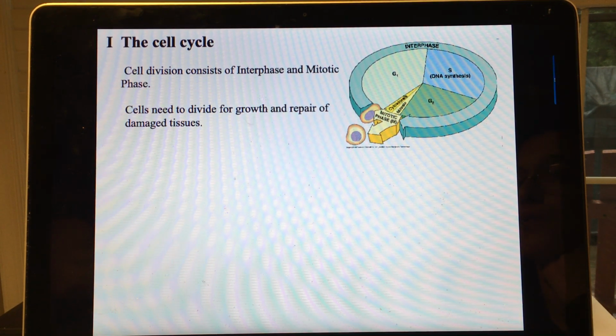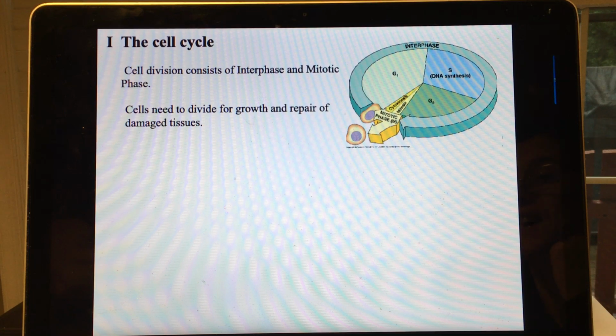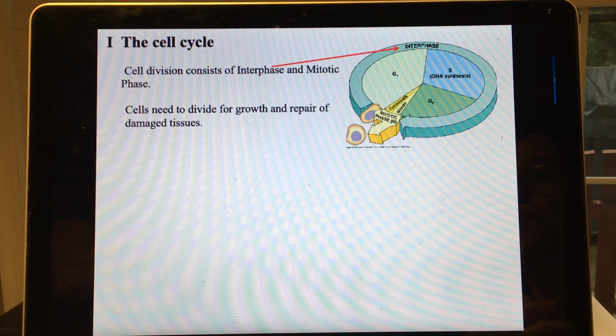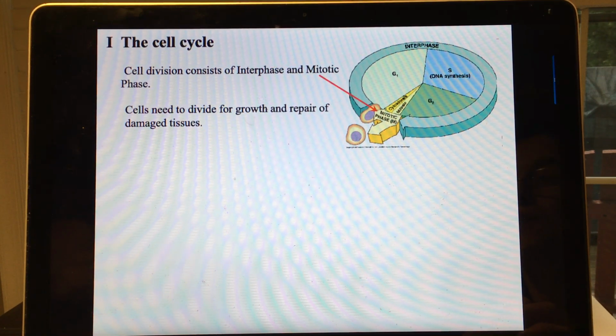So cells need to divide for three basic reasons in multicellular organisms. They need to divide for growth, repair of damaged tissues if you get a cut, but also cells just die of old age. So to replace dead cells that are just too old and have died of, I guess, natural causes. So interphase includes